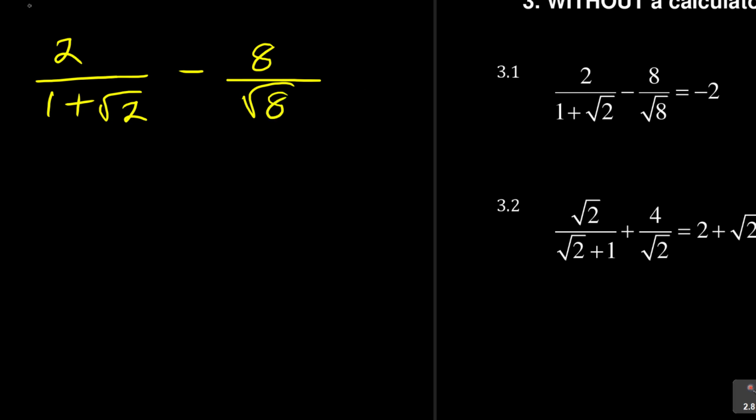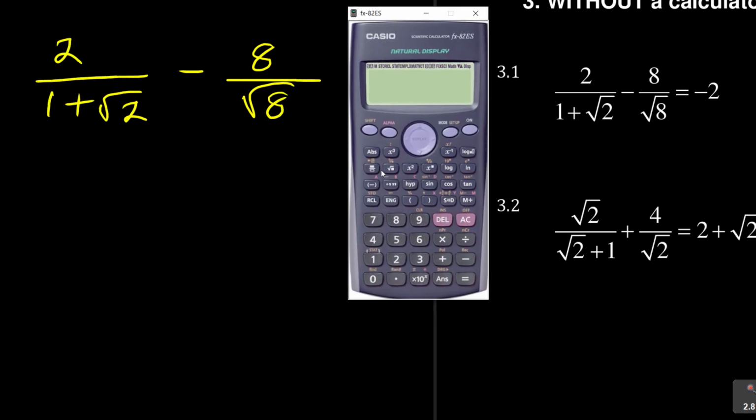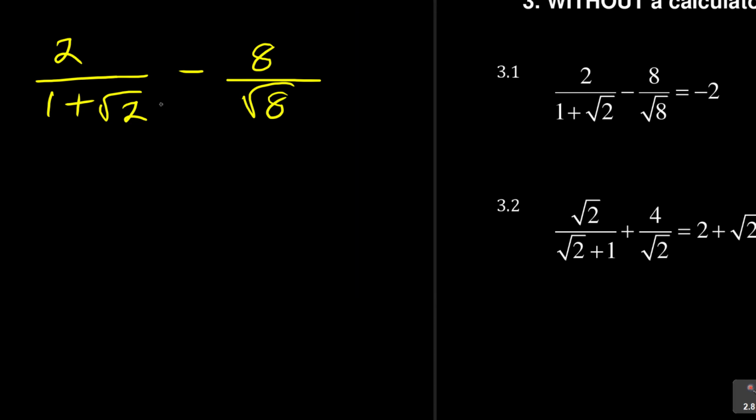You can even test it with the calculator: 2 over 1 plus square root of 2, minus 8 over square root of 8, equal to, and you see it gives me negative 2. So now what I need to do is rationalize the denominators. Whenever you see a square root in the denominator, you need to do what is called